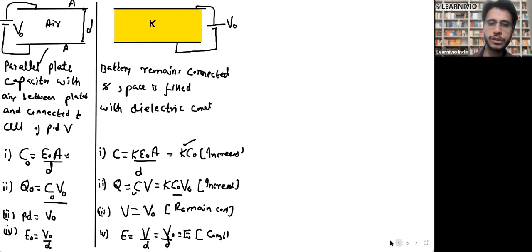So the conceptual question is, first question. The medium between the plates of capacitor is air. What happened to capacity if you introduce a dielectric slab? Capacity increases. What happened with potential difference if battery remains connected? Potential remains same. What happened with charge? Charge increases. Electric field remains constant. Energy increases. The next question is,